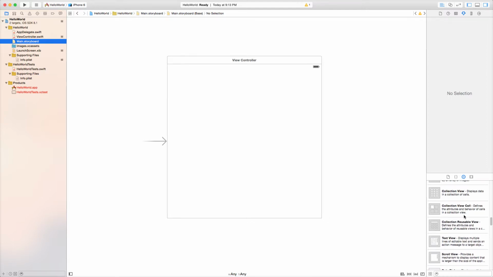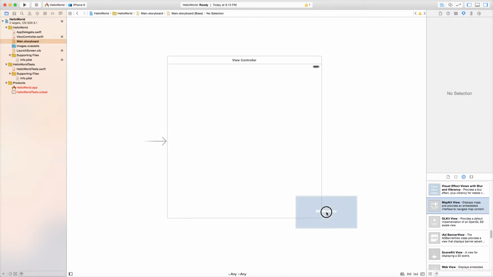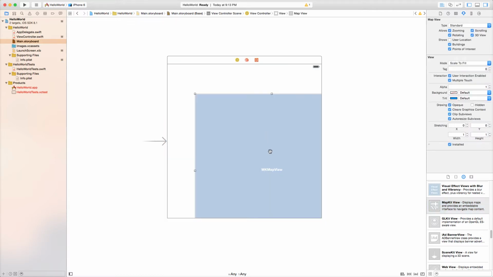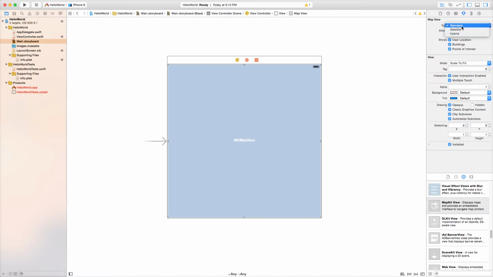For instance, let's put a map. So I'm going to scroll down, I'm going to find a map kit view, and I'm going to drag it right in. Now it doesn't mean much right now because the map view isn't live, and the reason it's not live is because it's simply too much for it to render live. So we can pick the type that we want it to default as, and actually they won't be able to change it from within, so we need to pick the one they want. So let's do a hybrid map,